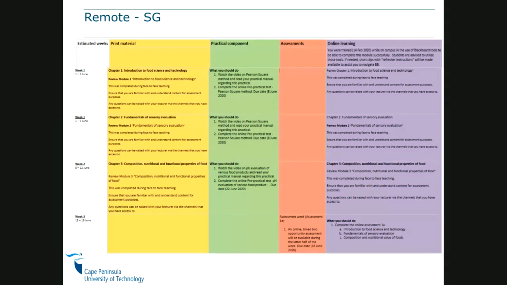And then we had those incidences in the department or in the university, and we couldn't write your assessments because we were preparing for assessment 1 on the 16th of March. So what we're going to do now is move that assessment online. I'll show you on the next slide.